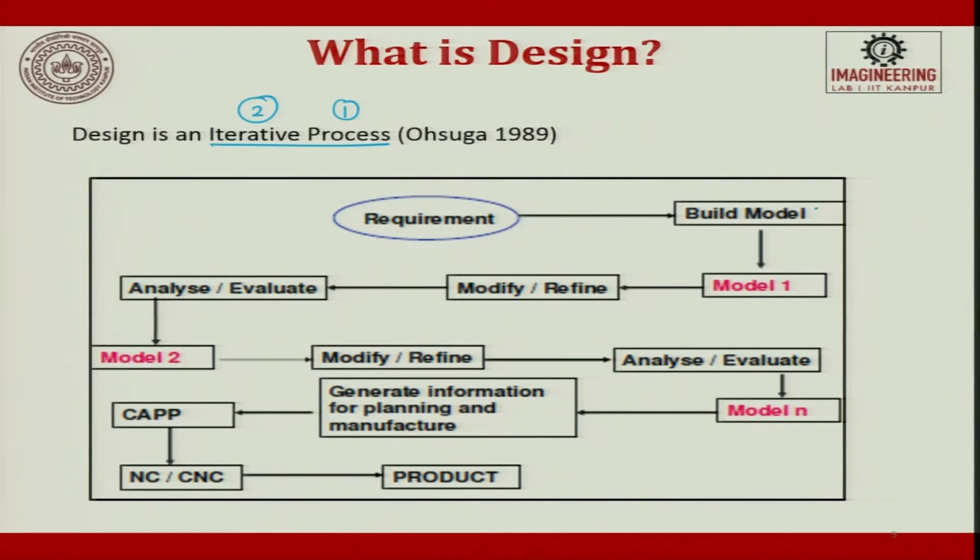After the model is done, it is called model 1. You have asked it from a customer, the customer has put his requirements, and based on that you have developed a model. Now, you have developed it with the input which is given, but you are not pretty sure whether it has satisfied the customer.